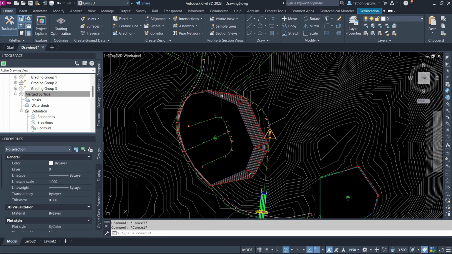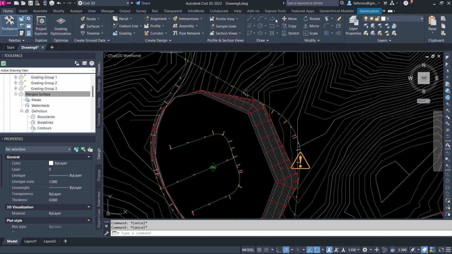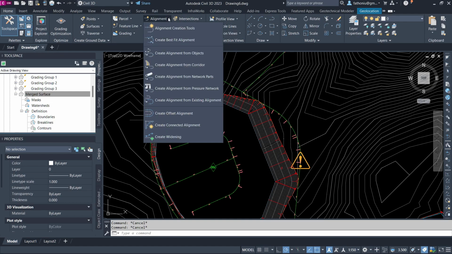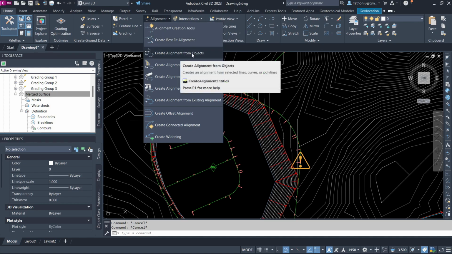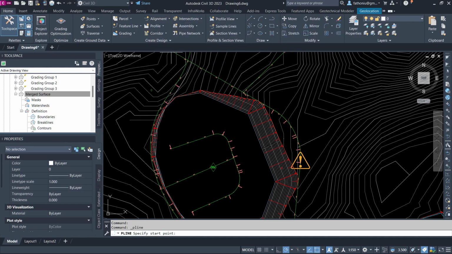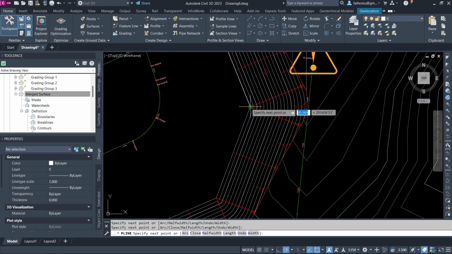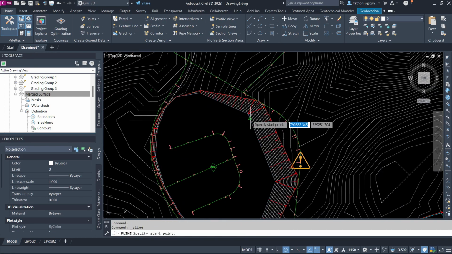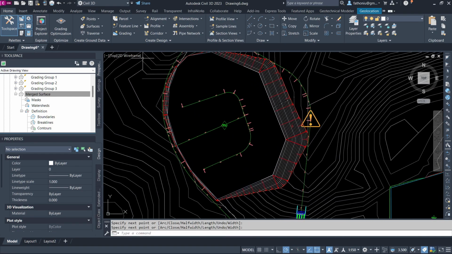So then we create a bench first. We create the polyline, or maybe we directly create the alignment. Can also do it from the polyline, and then alignment from object can also do that. It would be easier. The line starts from the start point, only to the area that has height. Then after that we create alignment from object, this object, right click, correct, so then station 0 from this point,